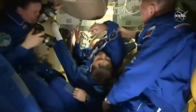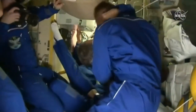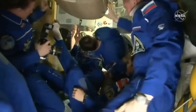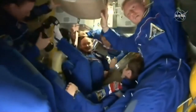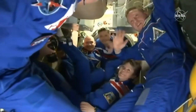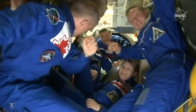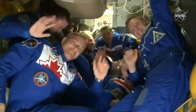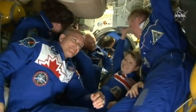Bringing up the rear is Oleg Kononenko from Roscosmos, Soyuz commander for the MS-11 mission that launched just earlier this morning at 5:31 a.m. Central Time. Expedition 57 now hold